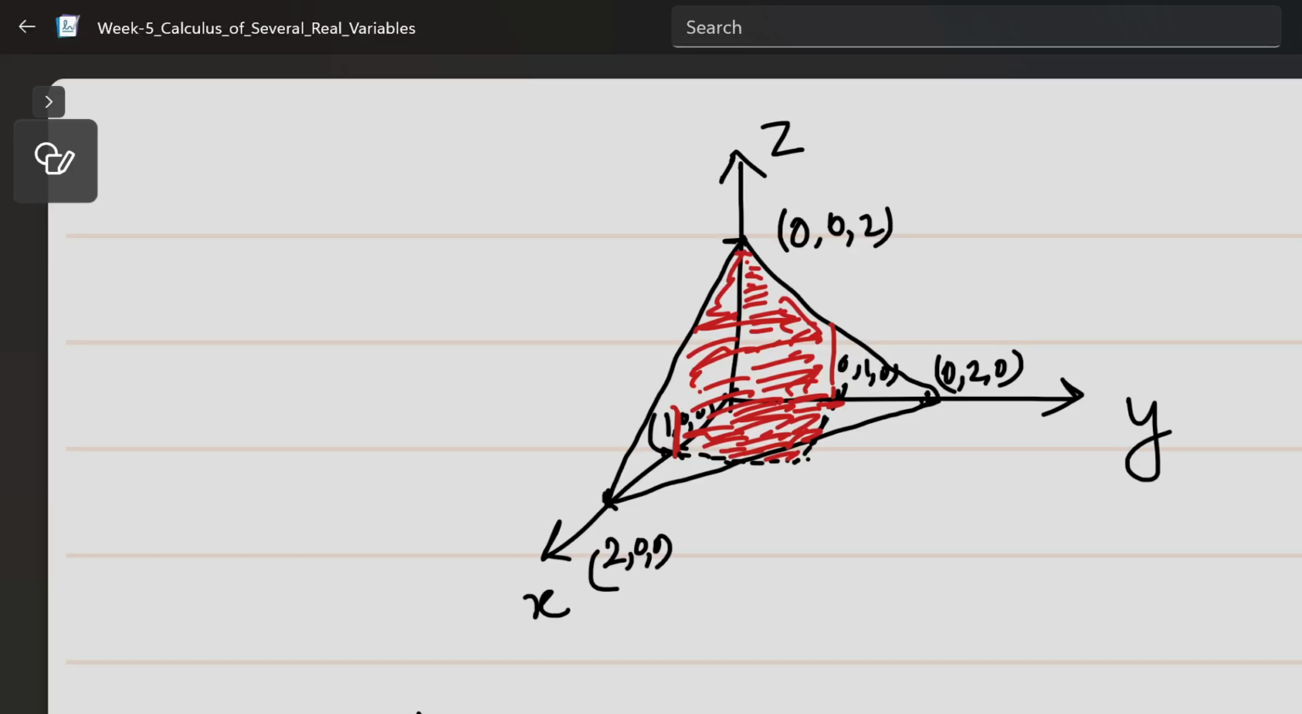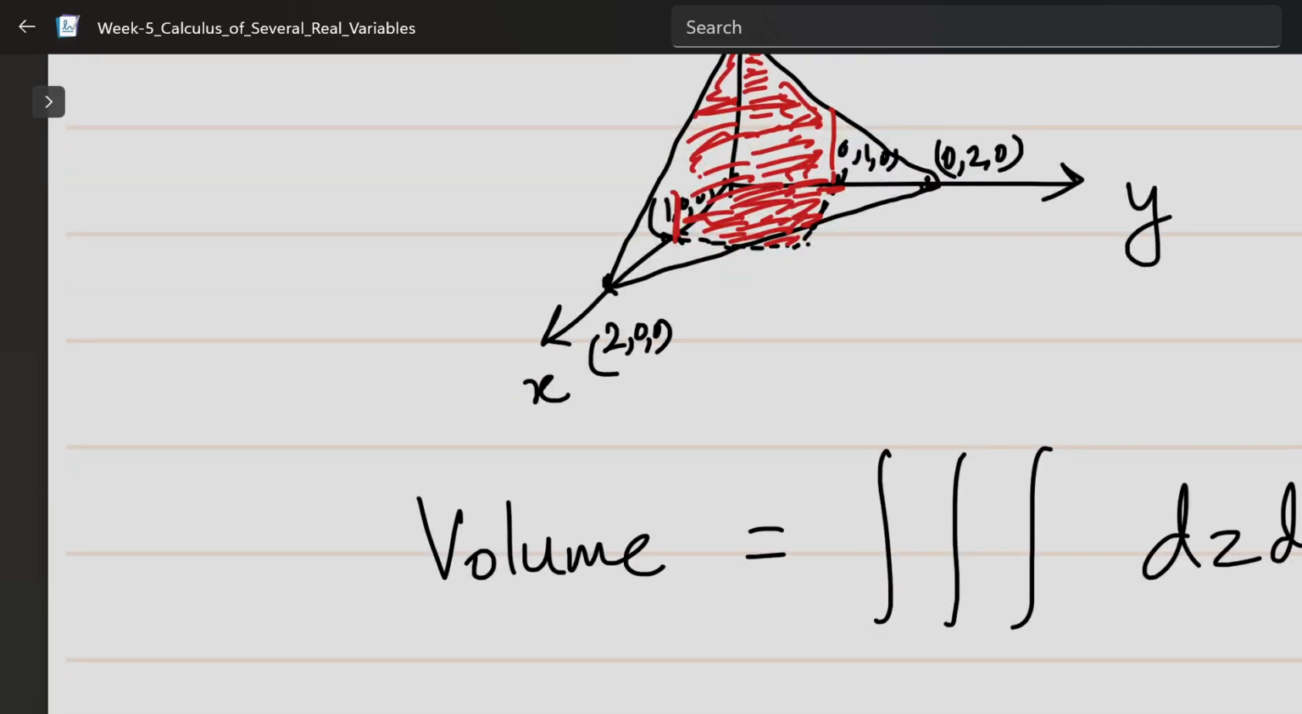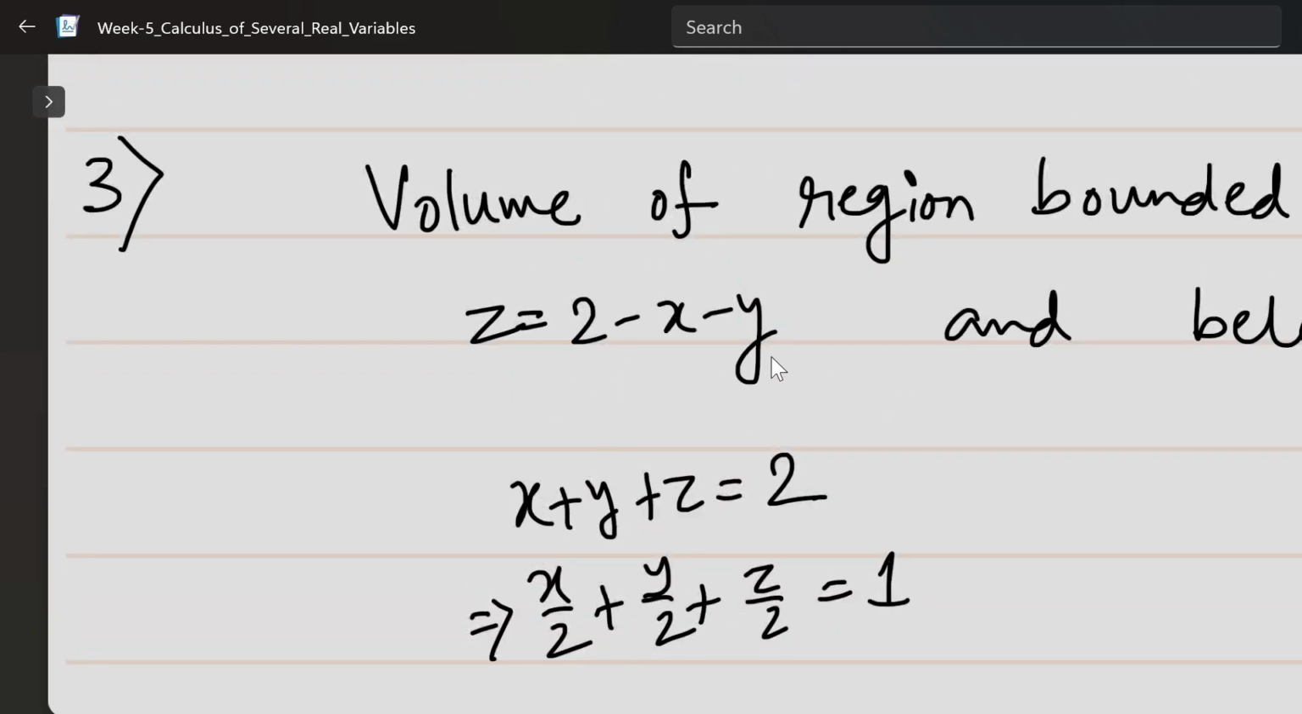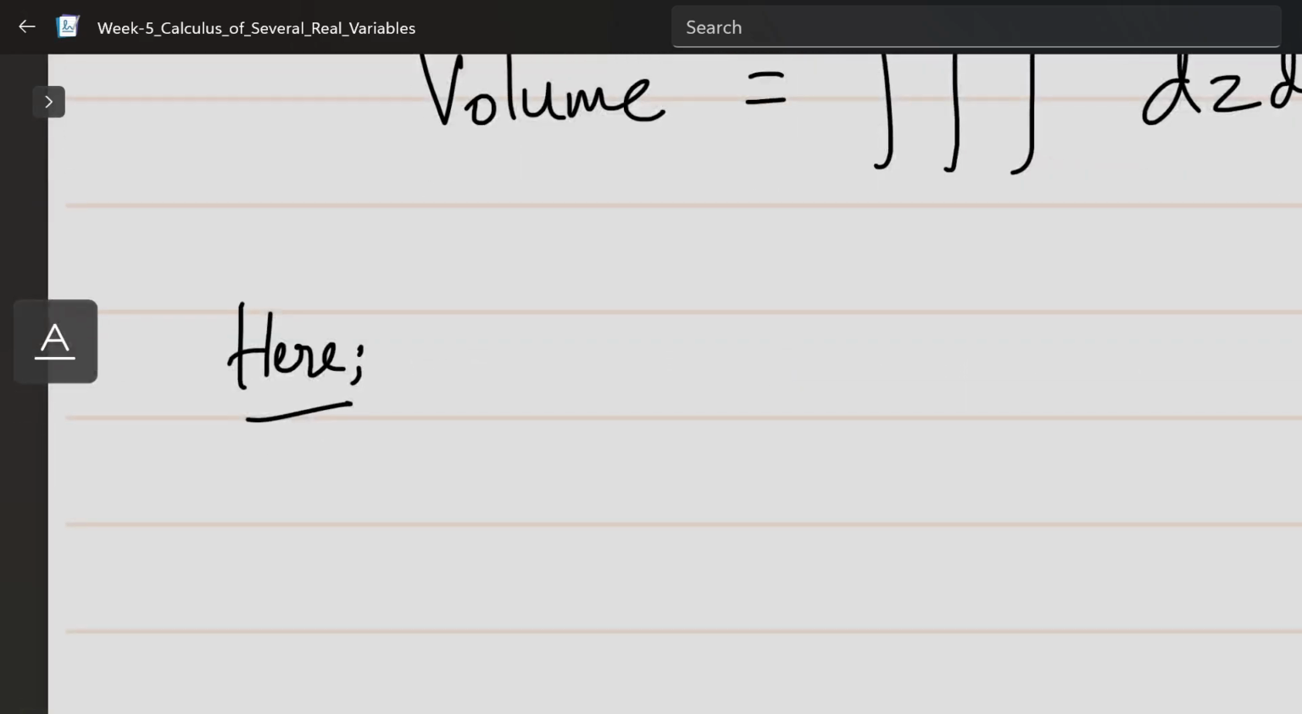So what is the formula of volume? It is some triple integral dz dy dx, right? This is the formula of volume. For area in 2D, it is dy dx, as I told in the past 10 minutes. So here z is varying from where? 0 to 2 minus x minus y. So that means here volume is